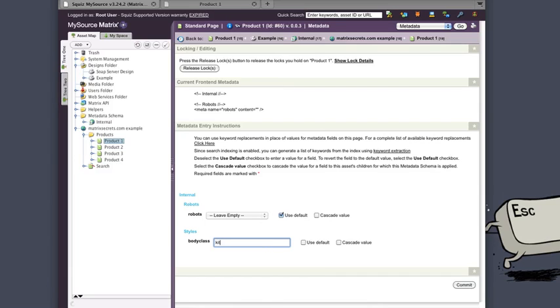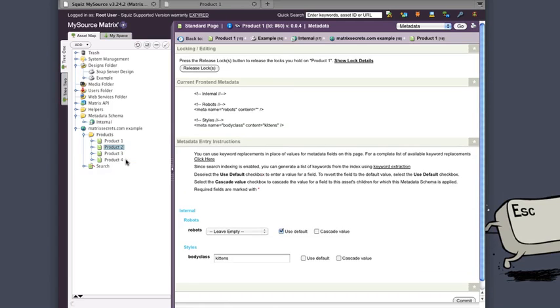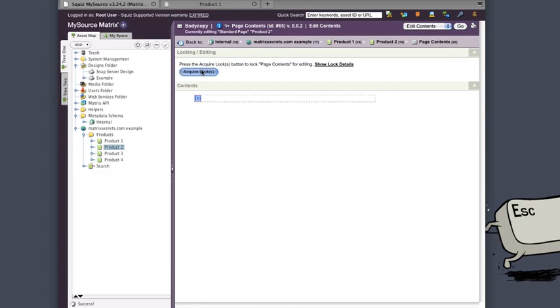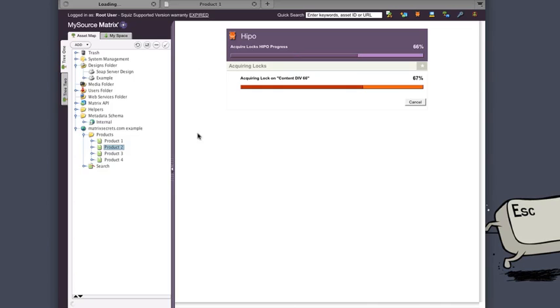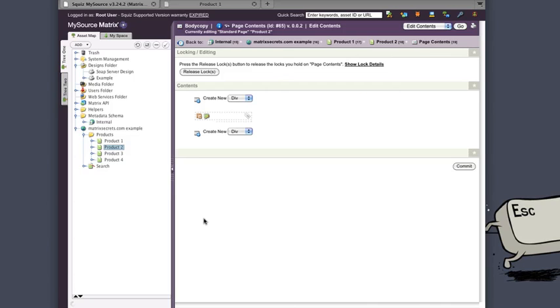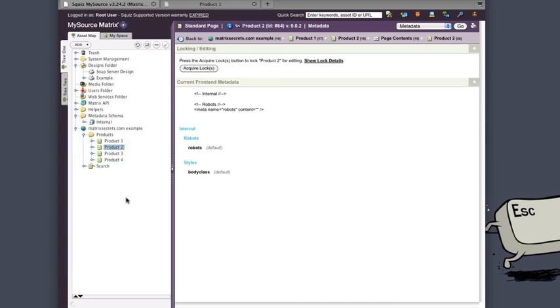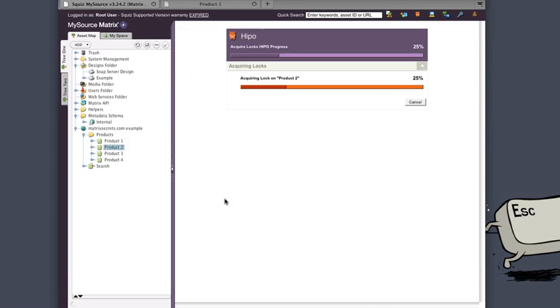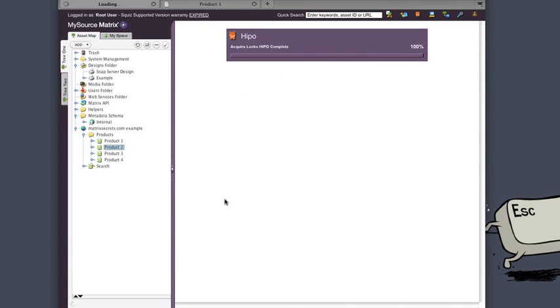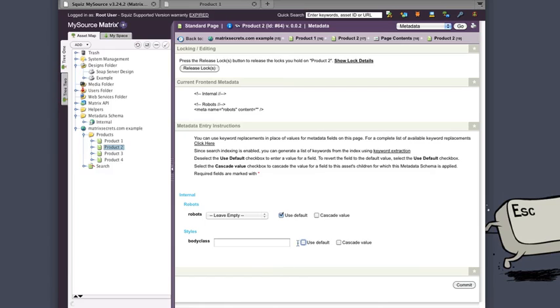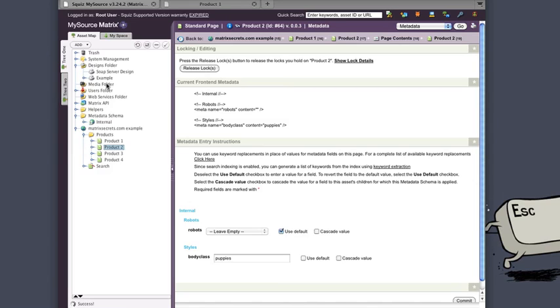So we'll make this one kittens, and product 2 we'll make puppies. I've gone to the wrong screen. Let's try that again. Yep, product 2 puppies. Okay, and then the last step is to go back to the design,